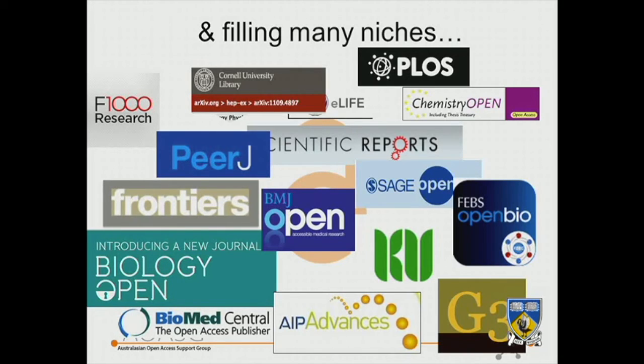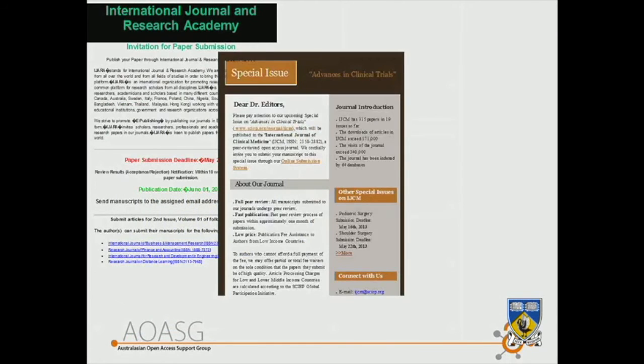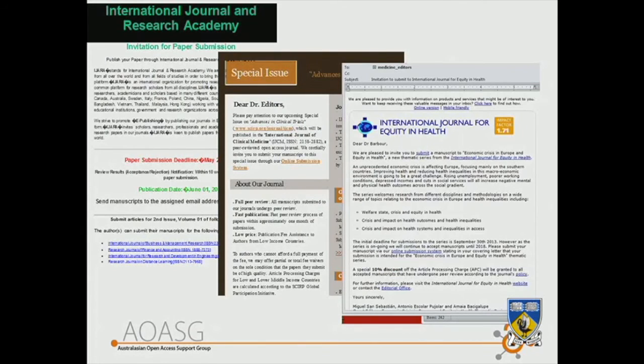So the ones that I put up here are all ones that are doing interesting things and I think are ones that one could be comfortable publishing in. But we also know there are journals like this. I'm sure you've all had these types of emails pop into your inbox, being solicited, asked for your articles or being asked to review for them. It can be incredibly hard, I think, to know which of these journals you might trust.